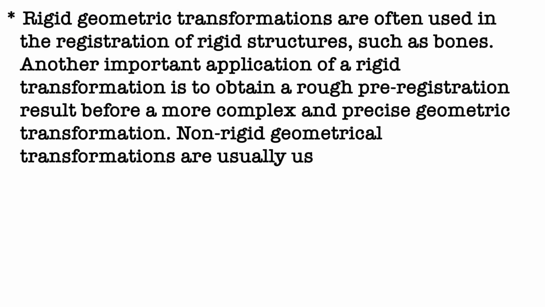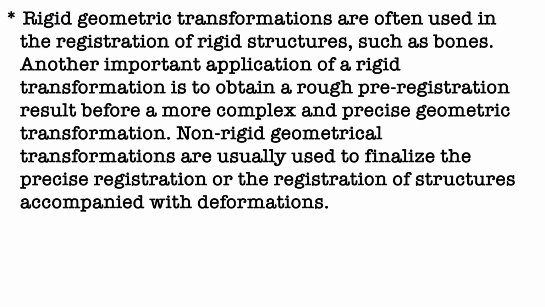Rigid geometric transformations are often used in the registration of rigid structures such as bone. Another important application of a rigid transformation is to obtain a rough pre-registered result before a more complex and precise geometric transformation. Non-rigid geometrical transformations are usually used to finalize the precise registration or the registration of structures accompanied with